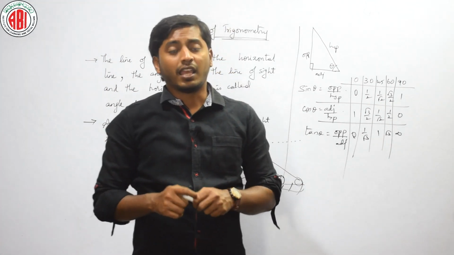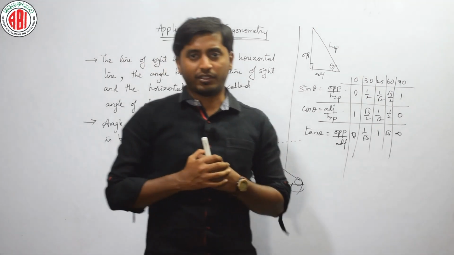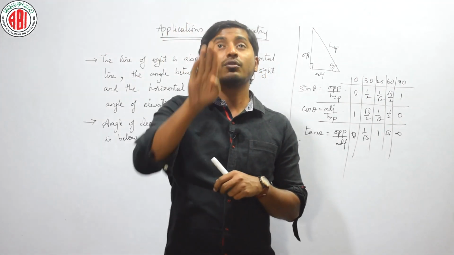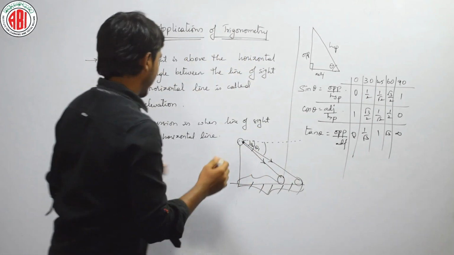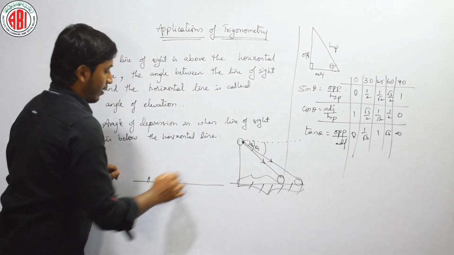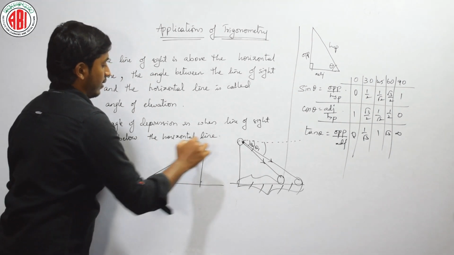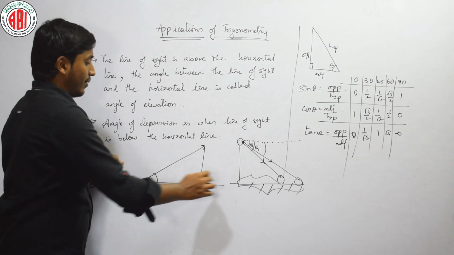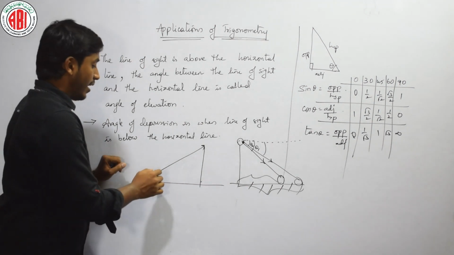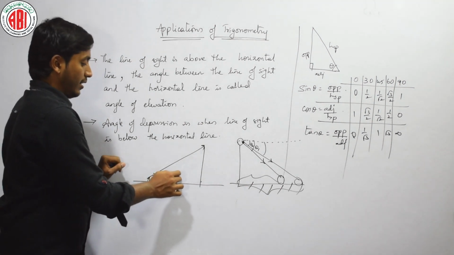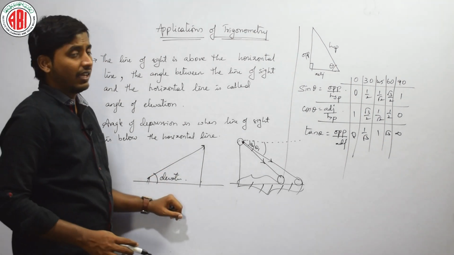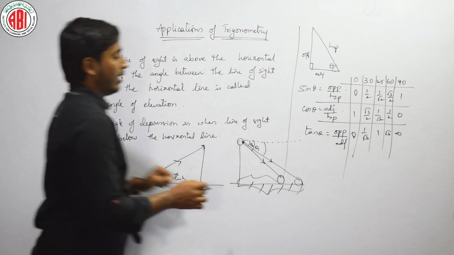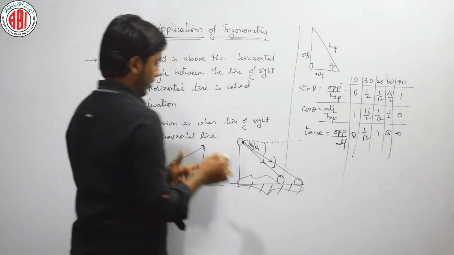And the next thing, if I am at the bottom, for example I am on the ground, I have to look at some person on the top of the building, I have to look like this. For example, if I am on the ground, I have to look to the top of the building, okay. Then here also this is making an angle with the horizontal line, right? This is called as angle of elevation. Is it clear? The only difference is here line of sight is above the horizontal line, here the line of sight is below the horizontal line.